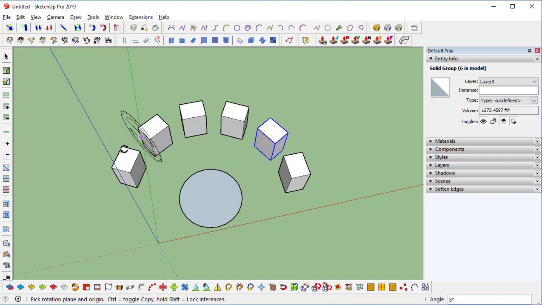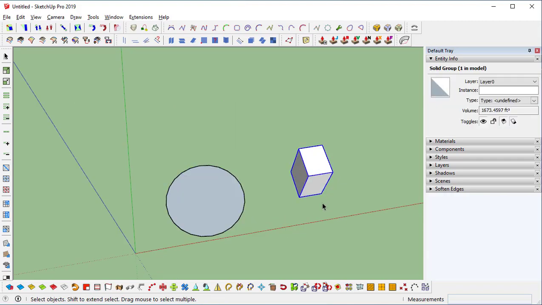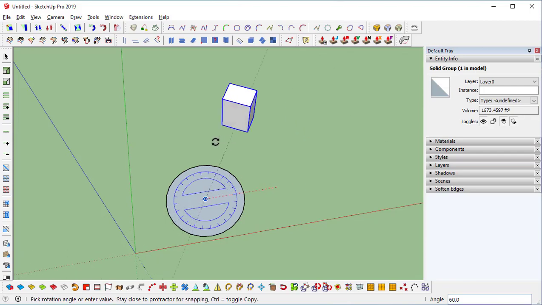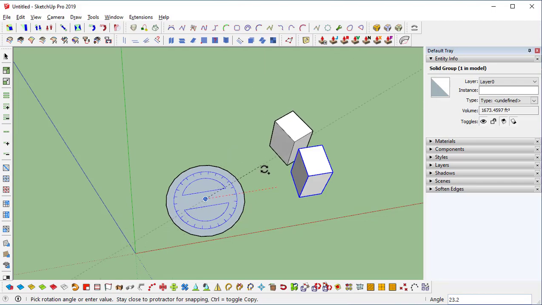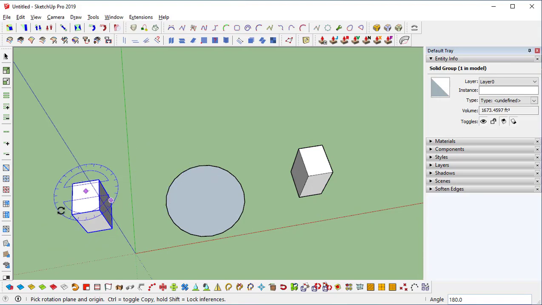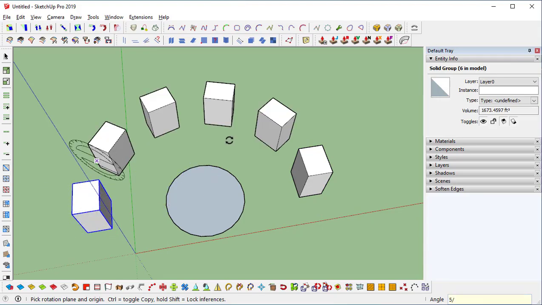See, 5 copies. With the second copy we have 5 copies. Or Ctrl Z, select this, Q, center, first point, and during copy toggle Control. After that just place the last object and 5 by, click enter, 5 copies.